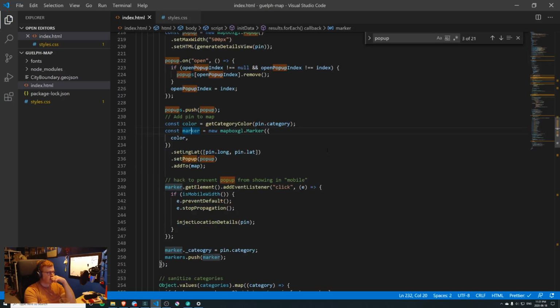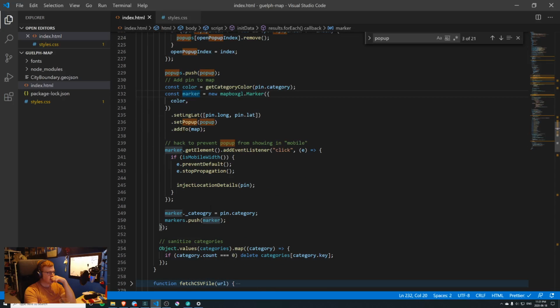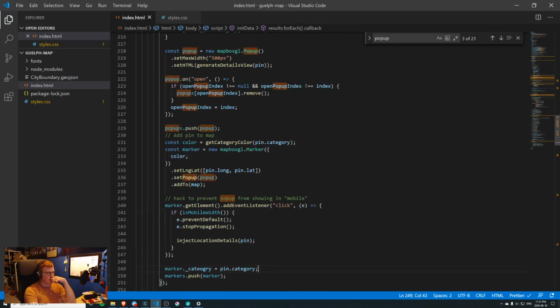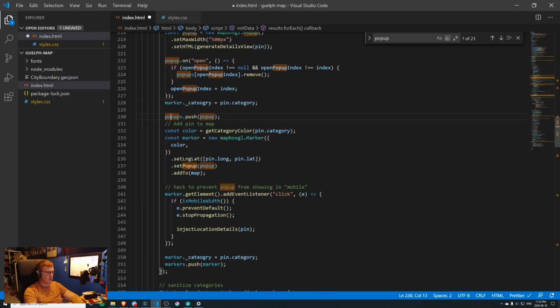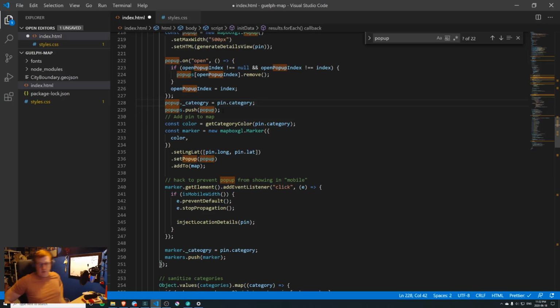I mean, I do this. The marker category. Okay, what if I mean, hooray, we're in JavaScript, not TypeScript. What if I just do this, and I give the pop-up a category, then,